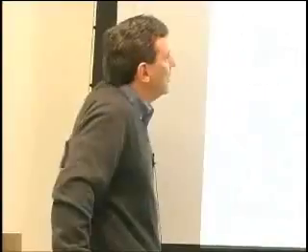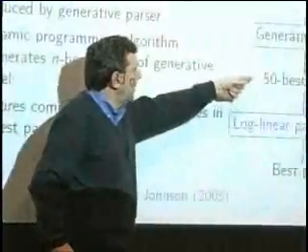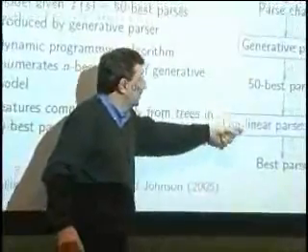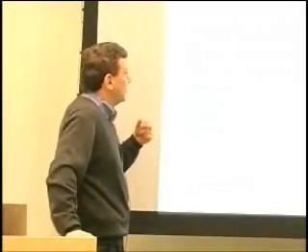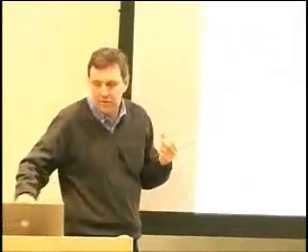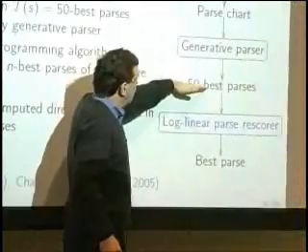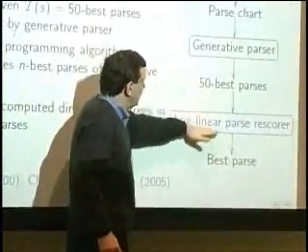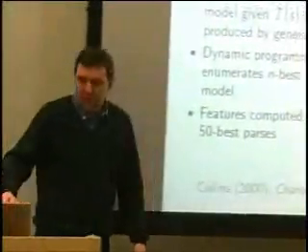And then the model that I was just talking about before, the log-linear parse rescorer, is now only looking at 50 parses. So in other words, its job is to pick the best one out of this set of 50 parses. 50 parses is small enough that we can calculate these partition functions and expectations directly from those sets. That makes it computationally quite tractable. In general, it takes around a second to produce these per sentence, and depending on the number of features inside of the parse rescorer, somewhere around a tenth of a second to another second to compute that.